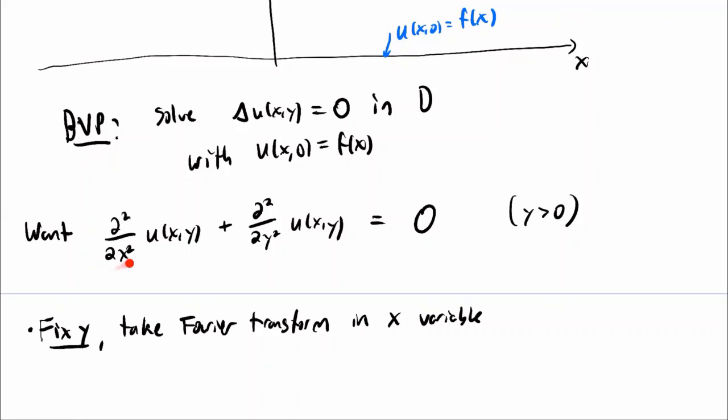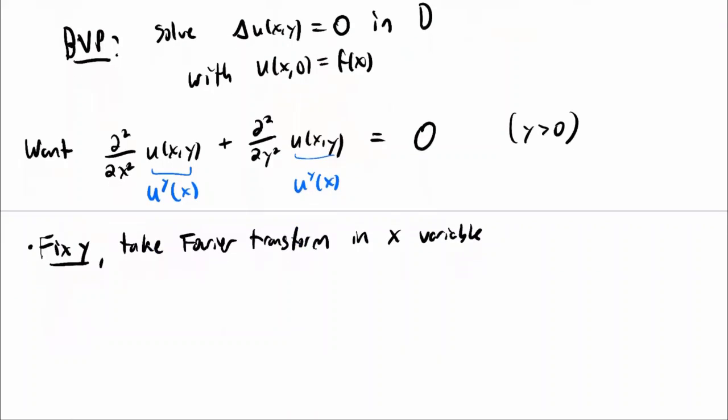The reason why we're doing this is, well, this derivative here is going to change to a polynomial. And so we're only going to have one derivative to worry about, and then we're going to end up with an ordinary differential equation, which we can solve. So let's do the details now. To simplify this a little bit so that the notation doesn't get too confusing, let me rewrite this as u with the y in the superscript x, right? And so I'll replace this by u^y of x. And so now fixing y and viewing this as just a function of x, I'm going to take the Fourier transform, right? And so we end up with,